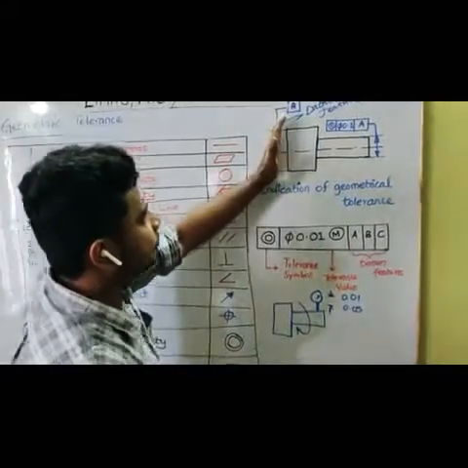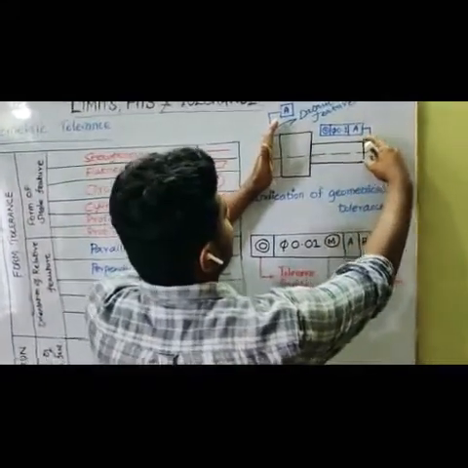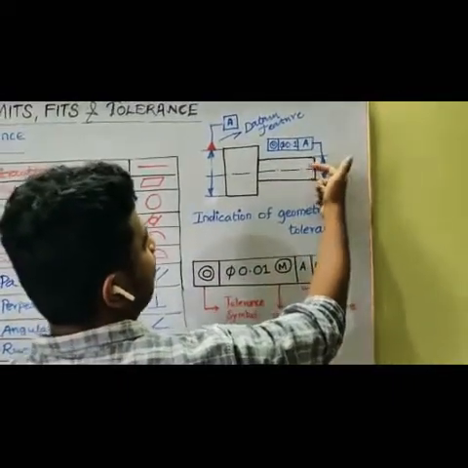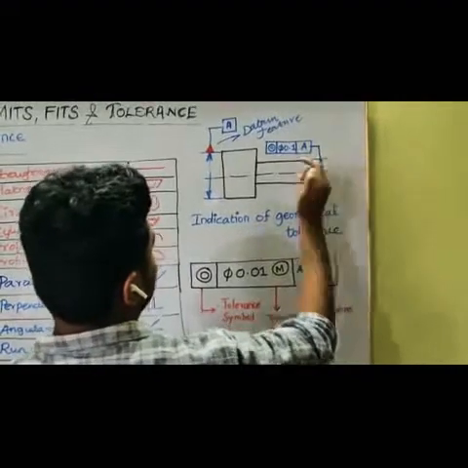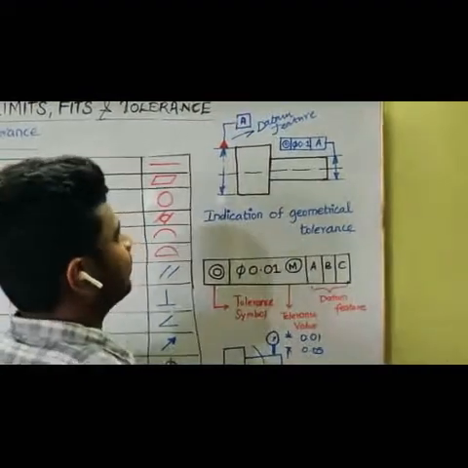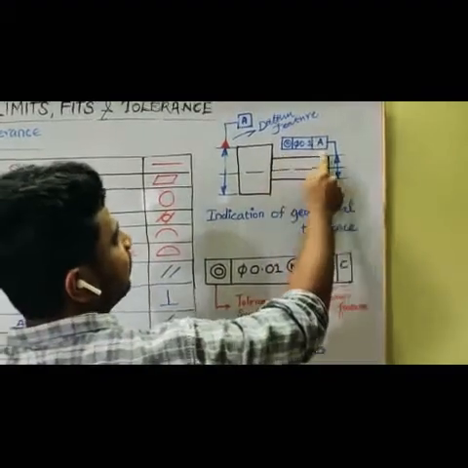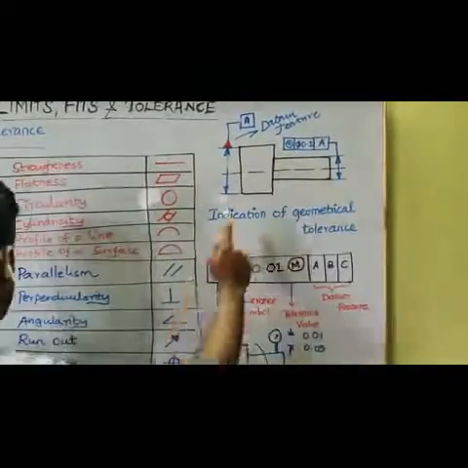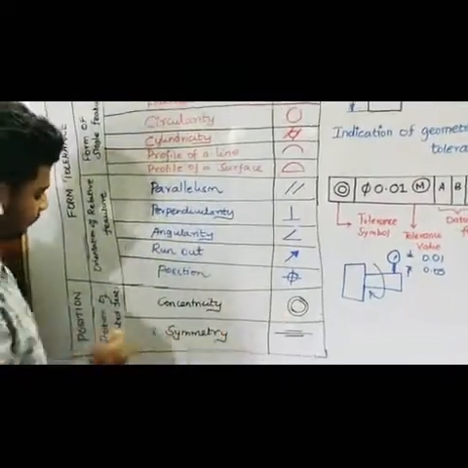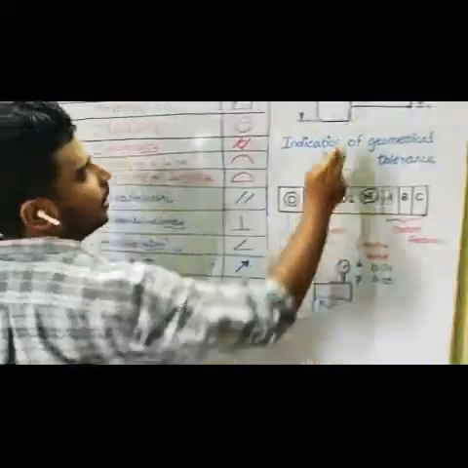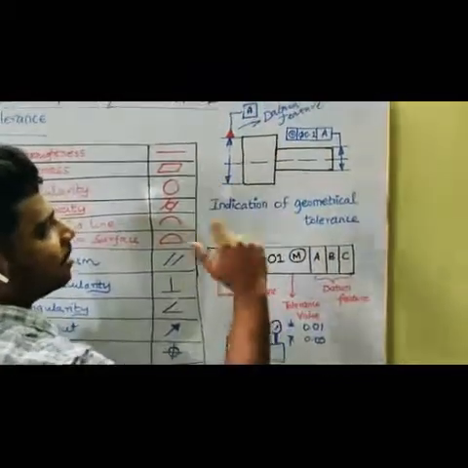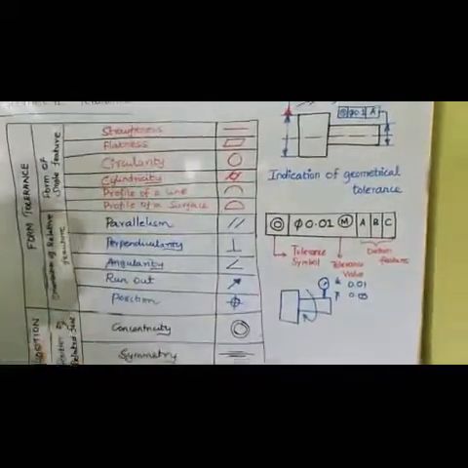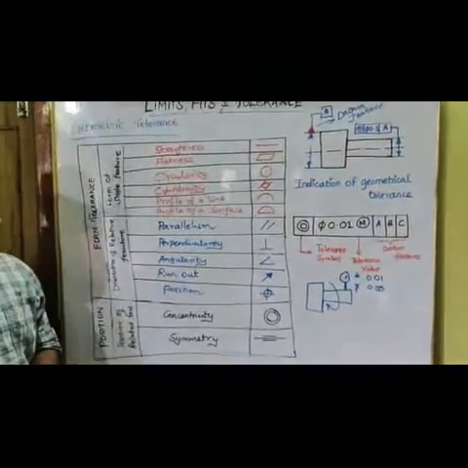With this, I am going to check the concentricity of this circular shaft. So this is your circular shaft. I am going to check its concentricity by using this datum feature as a reference, right? I have mentioned it using a frame called a tolerance frame, where I have used the concentricity symbol. This is your concentricity symbol, which comes under positional tolerance, and I have given some value. That is the value I have measured, and this is the datum feature. This is how you have to mention your different geometrical tolerances here.